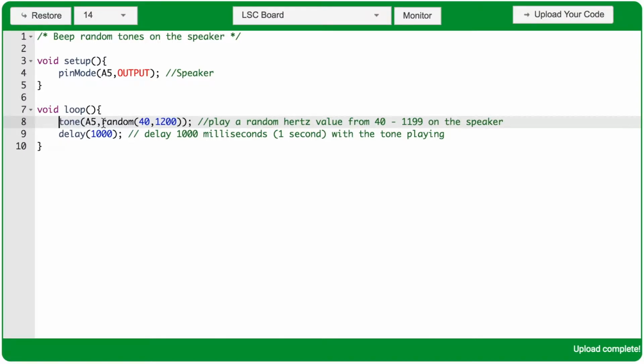In the tone function, on A5, you may get a tone of, let's say, 150 Hertz. That's a random value between the minimum and maximum that you've put into the random function. That tone of 150 Hertz is going to play for 1000 milliseconds before the void loop ends and the tone function runs again. The next time through, let's imagine that the random function selects 1000 as the Hertz value. Now a tone of 1000 Hertz is going to play on the speaker for 1000 milliseconds before the void loop